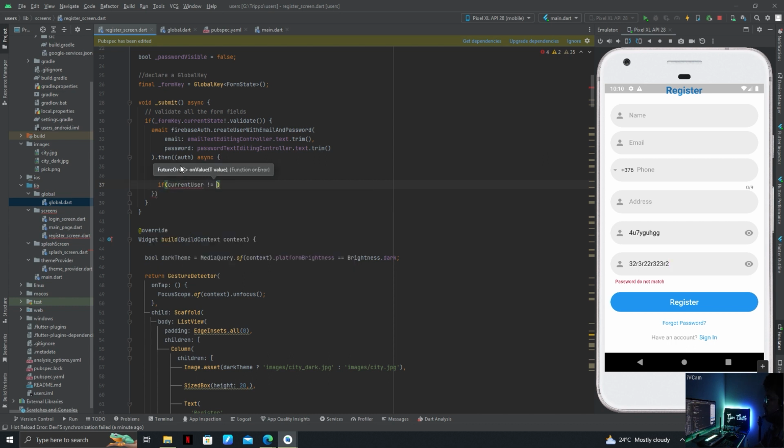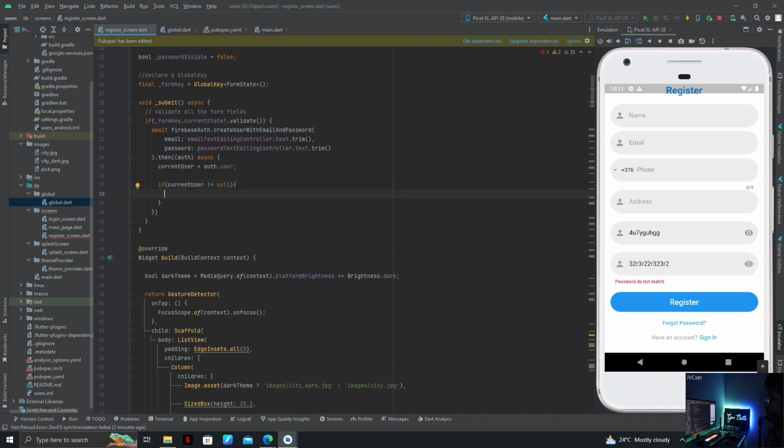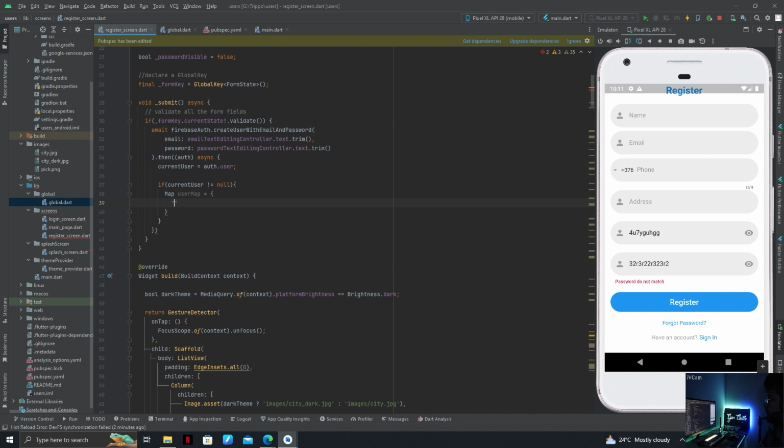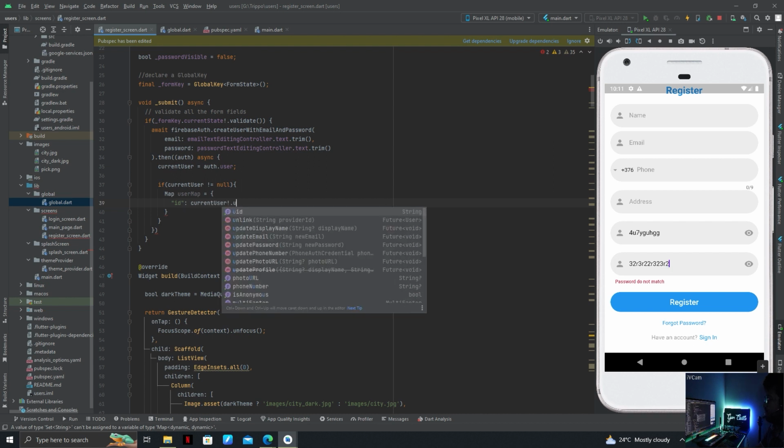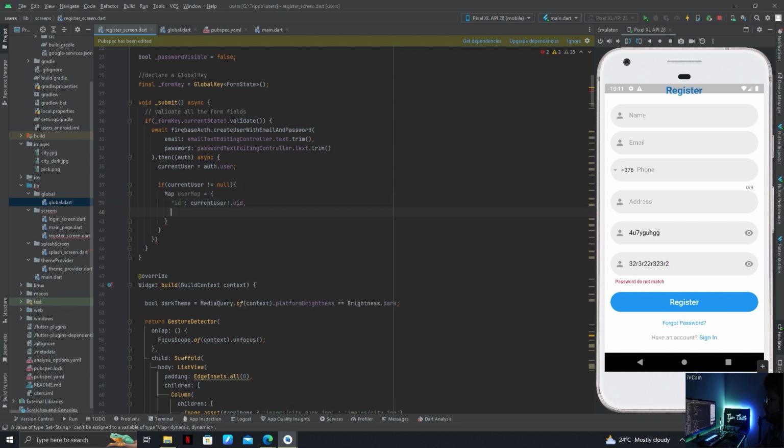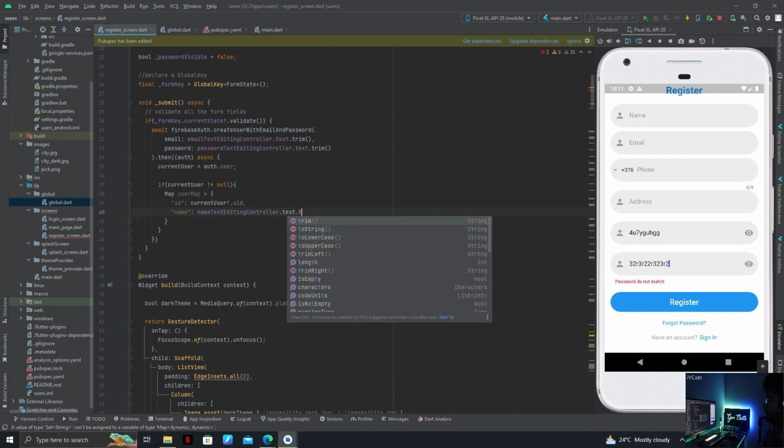If not equals to null, then we can add a map, user map, and we have to create a map of id current user dot uid, then name text editing controller dot text dot trim,